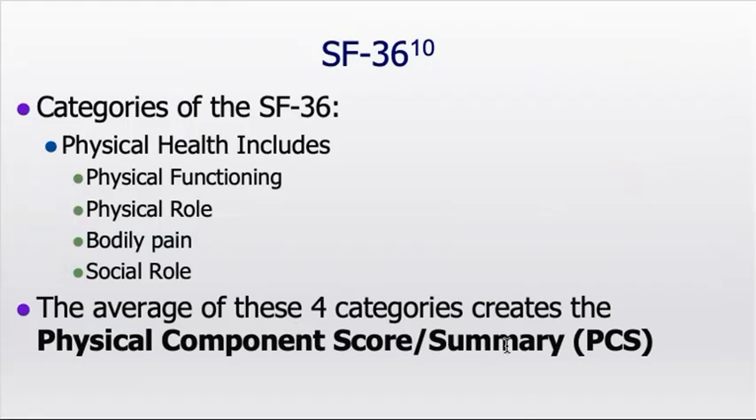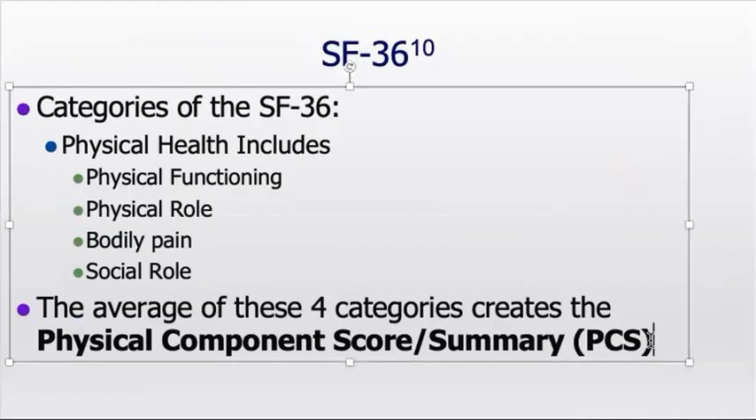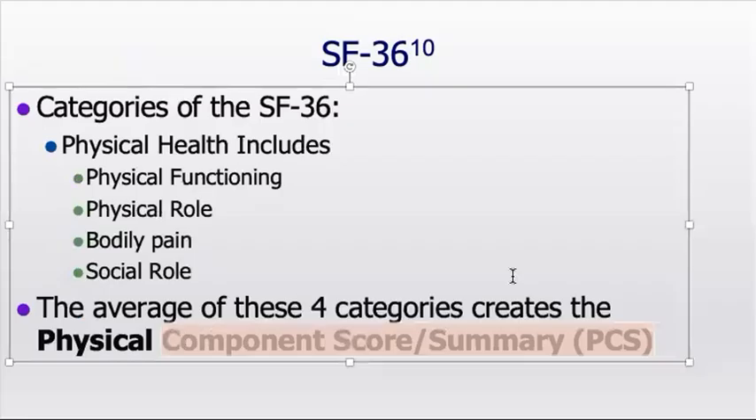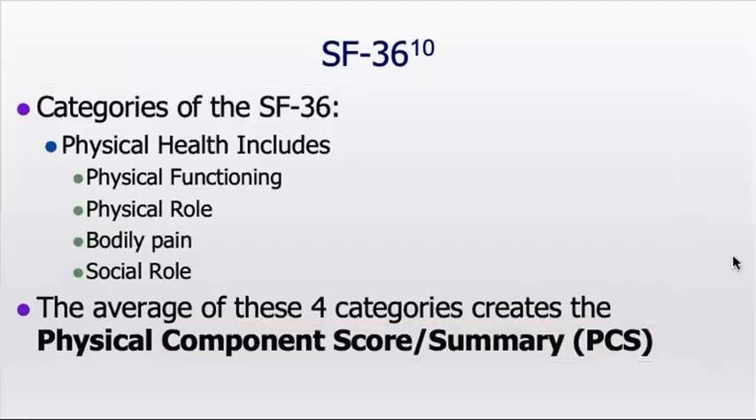When we average the score in these 4 dimensions, we get what's called the physical component score. And this is how we use the SF36 to assess their physical abilities, their physical functioning, and whatnot. So this, combined with that mental health score, can give us an overall understanding of what's happening with